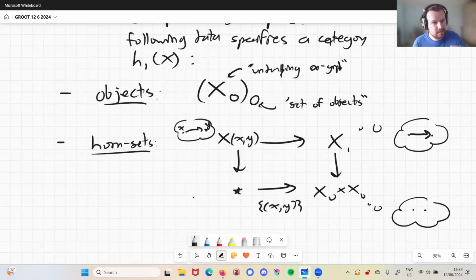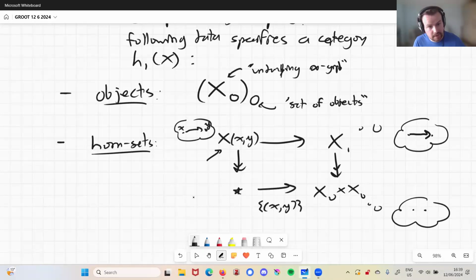Now, I was being a little bit sneaky before. I threw Reedy fibrancy in there, this mystical property. What Reedy fibrancy does is it makes a lot of maps fibrations, including this one. This is actually a fibration. Therefore, this is a fibration in simplicial sets. A simplicial set where the map to the terminal object is a fibration, that's called a fibrant object. In fact, that's called a Kan complex. So this thing here is a Kan complex, a genuine infinity groupoid.